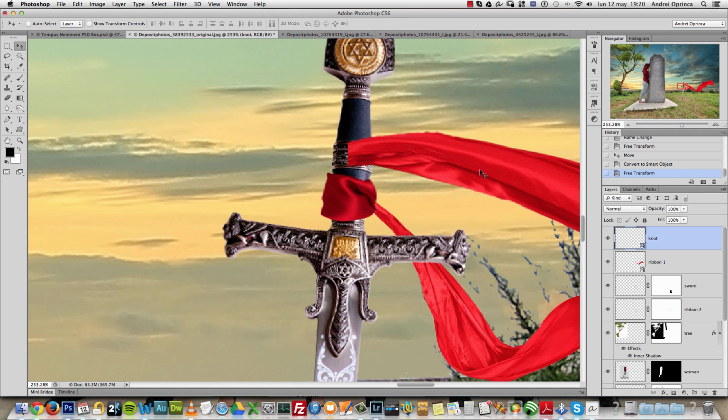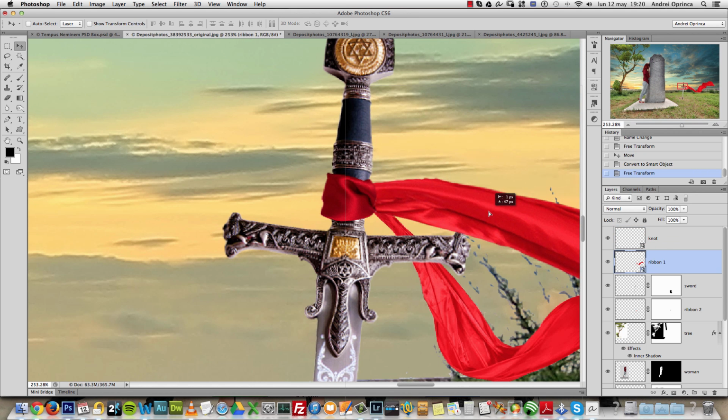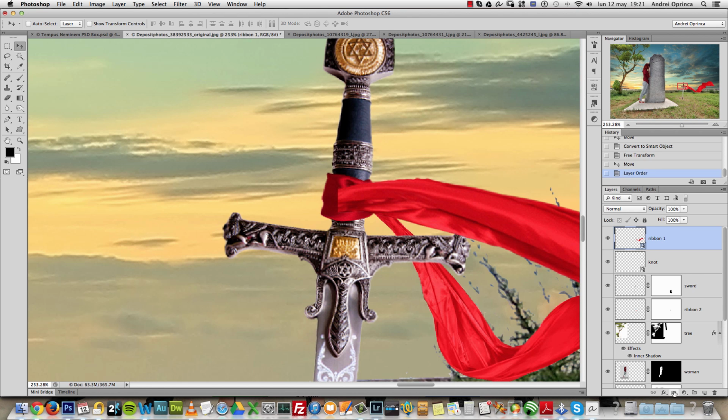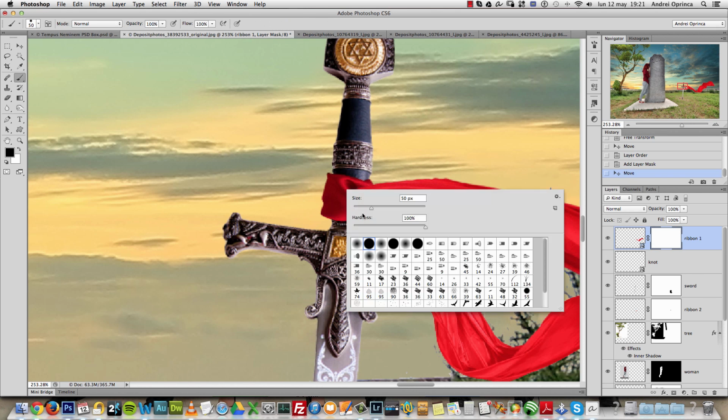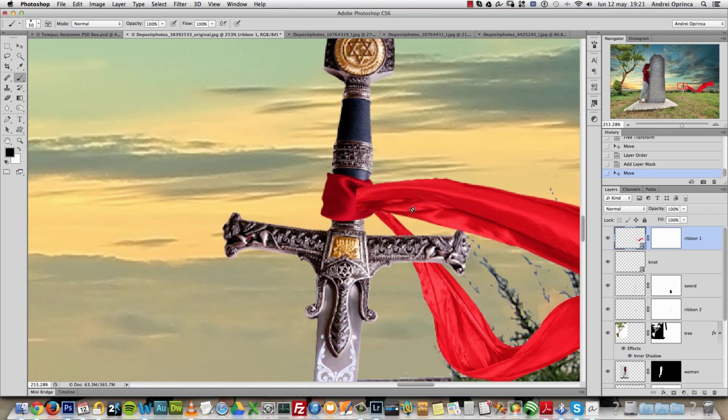Okay, now I have that there, and I'll put this right here, and well, actually the ribbon one I'll have to put it on top and use a layer mask to blend this edge here. And what we also need to do is to blend the colors, because you can see they're not matching. This one is darker and this one is a brighter tone of red. So I'll show you how I did that. I actually discovered it by accident, but it worked for this photo. Most of the times that